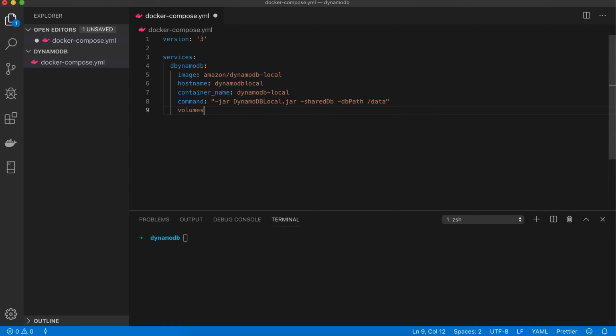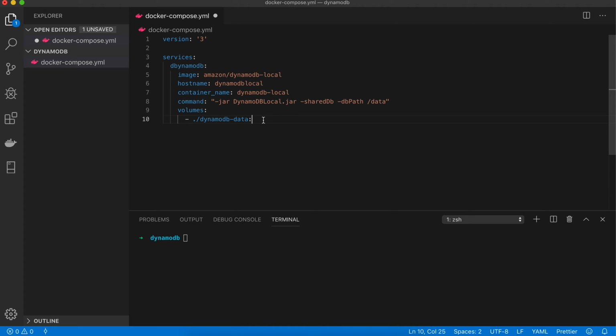Let's map the volumes now. I'll be taking the DynamoDB data folder, which will be created automatically. This folder will be created automatically by Dynamo.